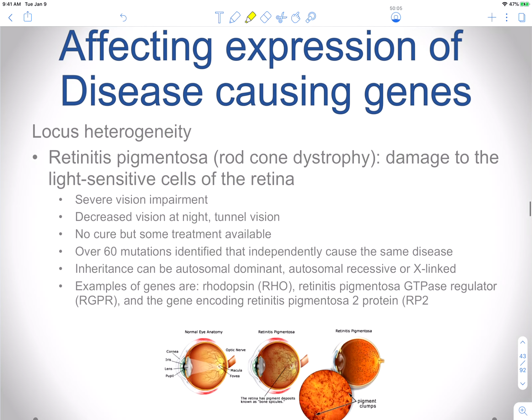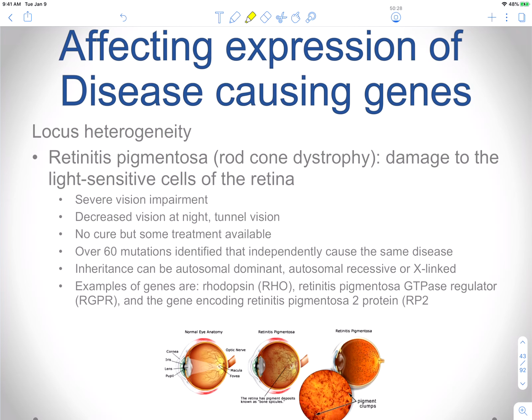Retinitis pigmentosa or rod cone dystrophy is going to have damage to the light-sensitive cells of the retina. This leads to severe vision impairment, decreased vision at night, so you get like a tunnel vision. There's no cure. There have been many mutations identified, over 60, and the inheritance pattern can be autosomal dominant or